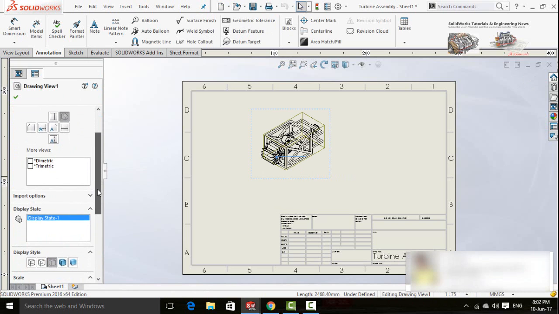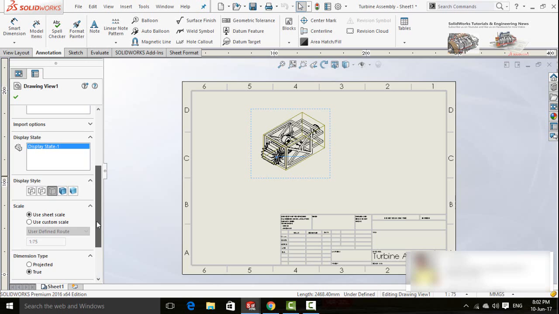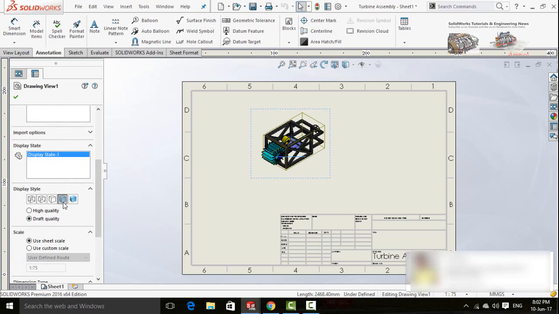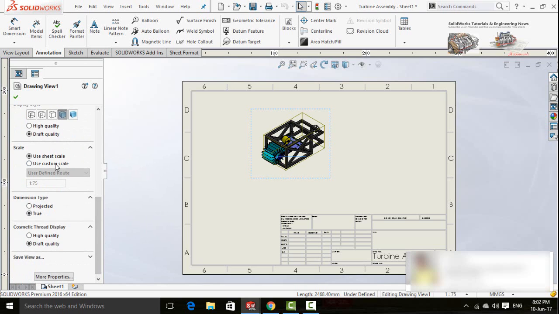Now scroll down and change the shade of the model from here. Scale your model from here.